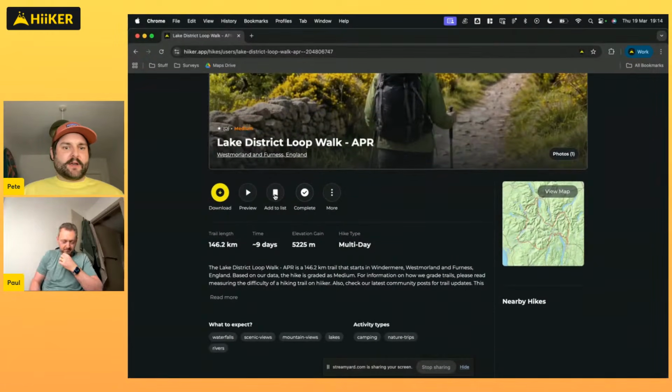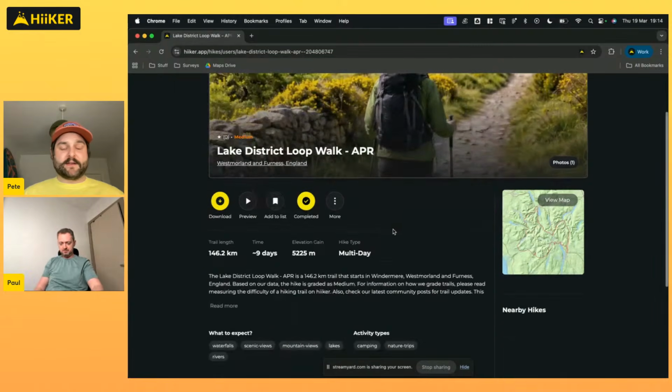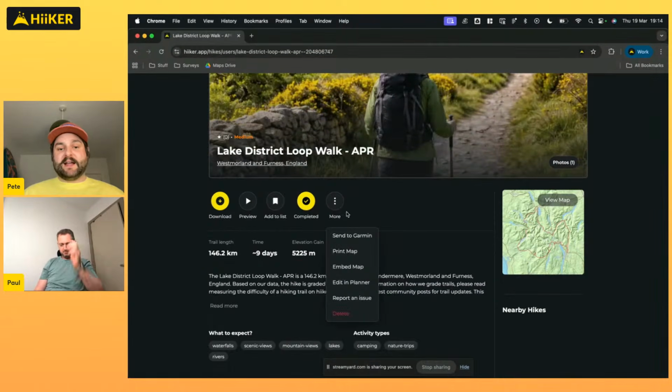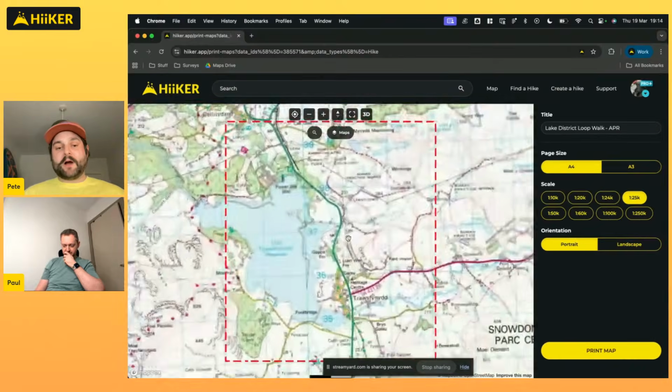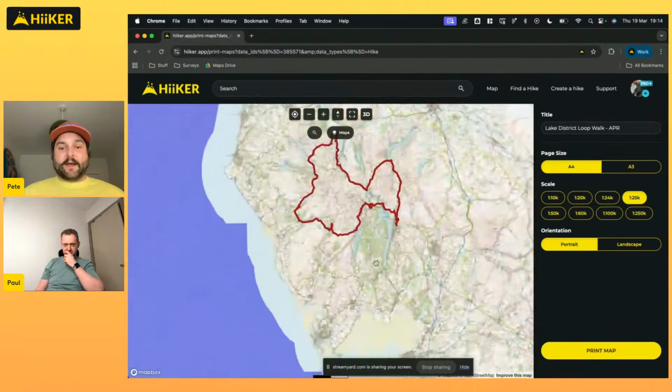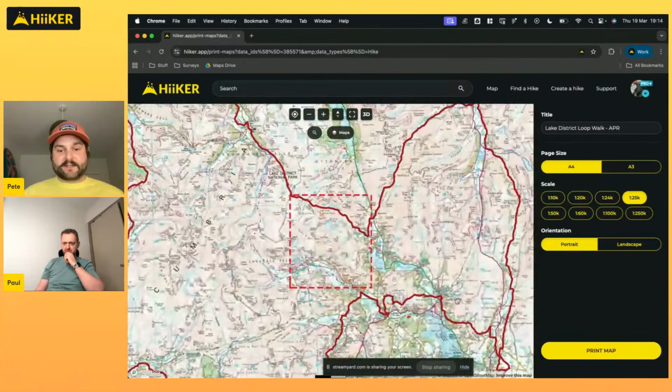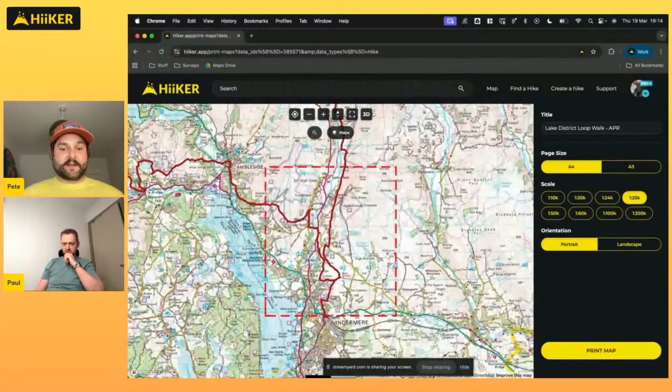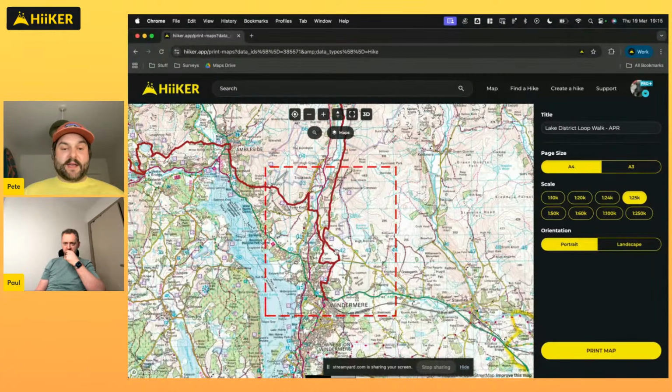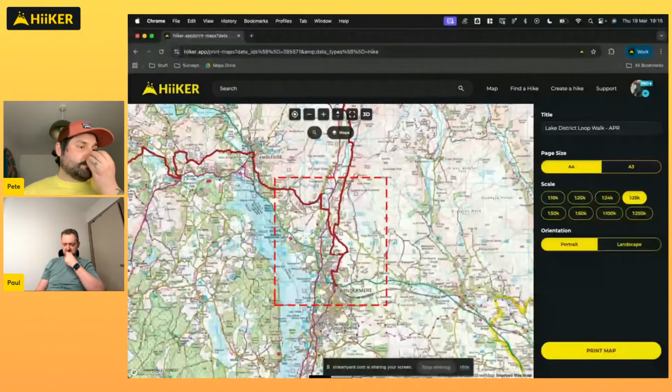Of course, you can add them to the list from here. You can complete the hike here. So you can tap that, it'll add it to your completed hikes. And then again, you've got all the same options, you can print sections of the map. So if I jump into the print map option, it'll load up the hike, and then I can select a particular area to print out in whatever scale that I want. So again, this is a particularly handy feature on the website. If you're printing from the mobile app,